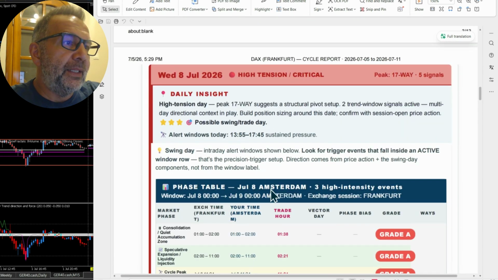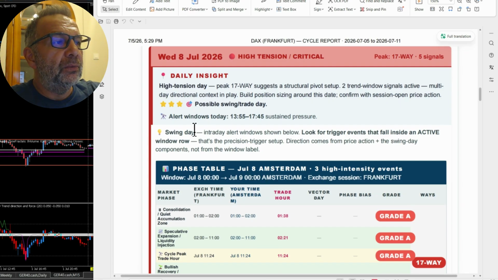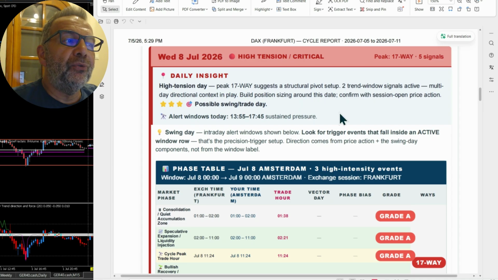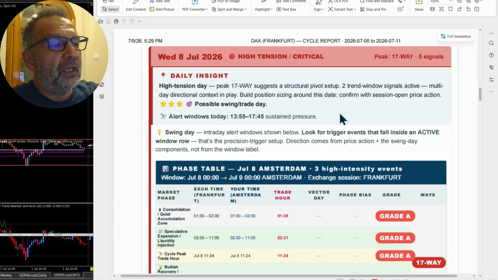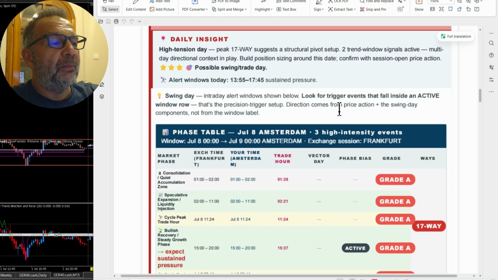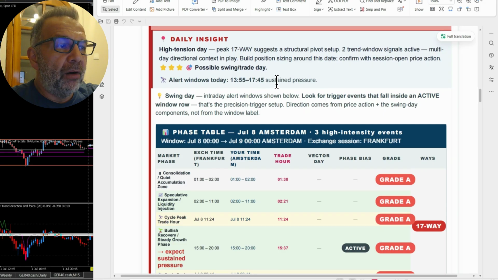So I come to Wednesday. First of all, there's something you can see here, right? It's a high tension day. It's a possible swing trade day. Great. Alert windows today, 155 to 545. It says sustained pressure. So the thing I want to take a look at is, if the market is under pressure, will they sell off